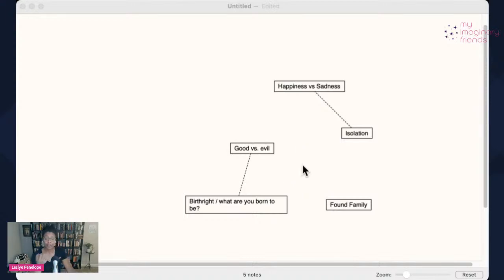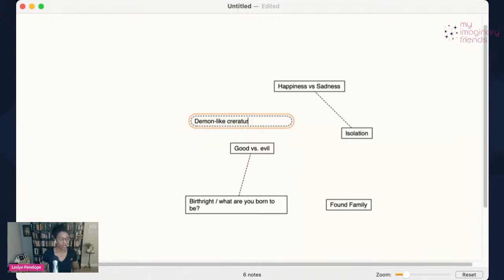Yeah, the mind mapping tool can be really useful; you can discover things that you didn't know. So I'll just do a couple more. I'm thinking of this demon-like creature. I'll just call it that. Spell it. And that was weird. I'll link that to here. And then maybe, do I need an angel-like creature? Is that what my heroine is? I literally just thought of that just now. So mind mapping can just be free, no judgment, anything that comes to mind. Link it, don't link it.